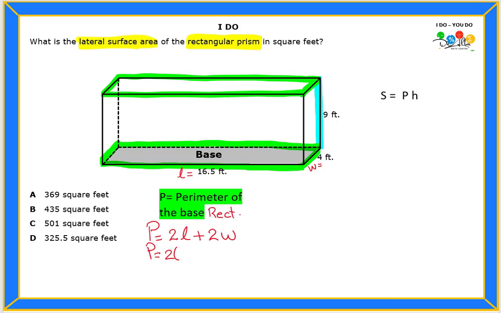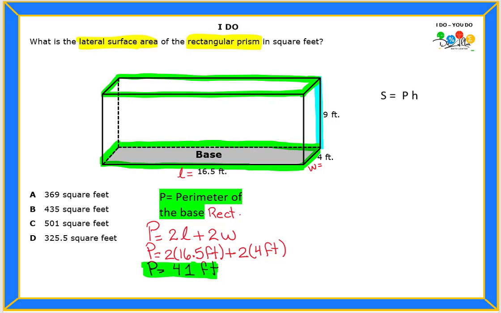So we have 2 times the length, it's 16.5 feet, plus 2 times the width, which is 4 feet. Okay? If you input all that in the calculator, you will get 41 feet, okay? And that will be my perimeter,